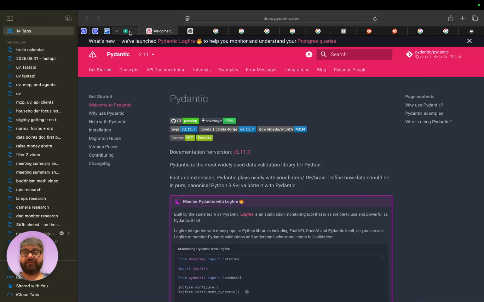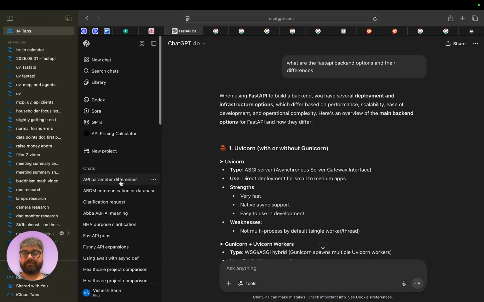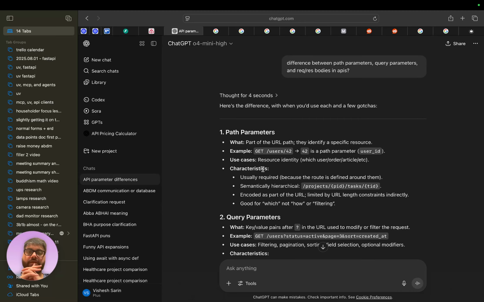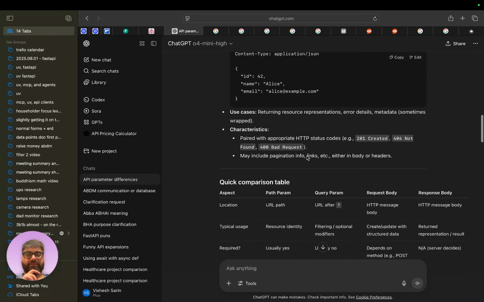Anyways, now that we're done with bodies, I'm going to come back to my problem over here, which was, I'm just going to scroll right to the top, right here. Difference between path parameters, query parameters, and request bodies in APIs. Okay, so this actually doesn't bring up a problem, and I should have asked the actual question rather than doing this, because this just gave me a difference as to what they are, and I know what they are.